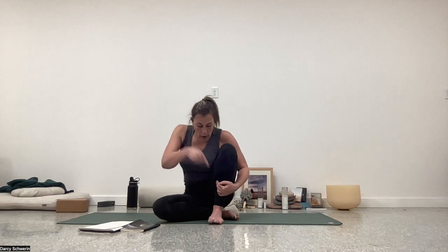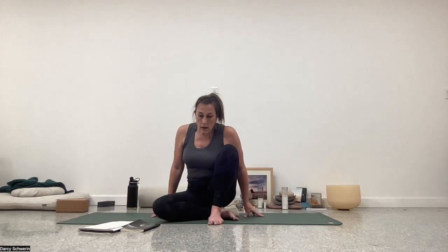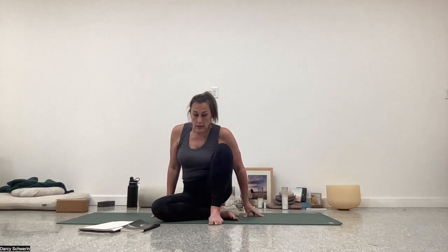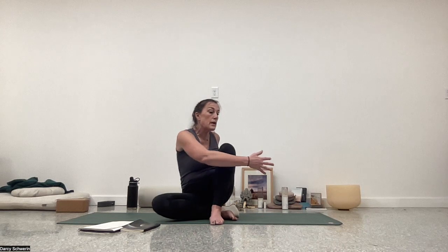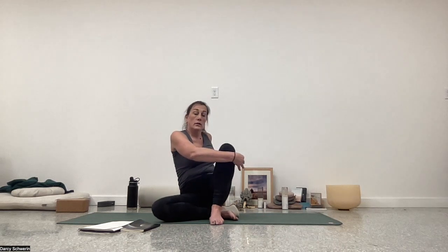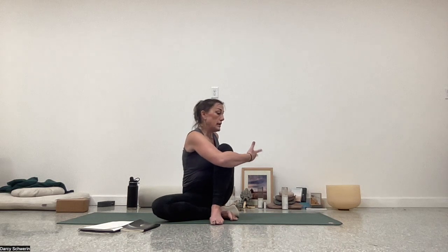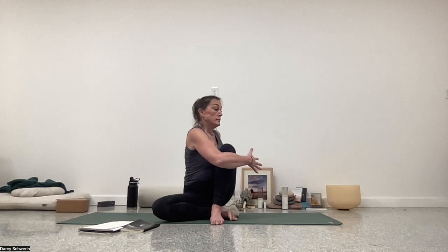Okay, so we're going to press into this left foot. Maybe take the hands, lift slightly as you root into that left foot and settle back down. Take the hook of the right arm. Left hand goes to the block behind you. Lean back so that you can really rotate the belly. Give a deeper hook when you're ready. Inhale, really lengthen that spine, grow tall. And as you exhale, notice